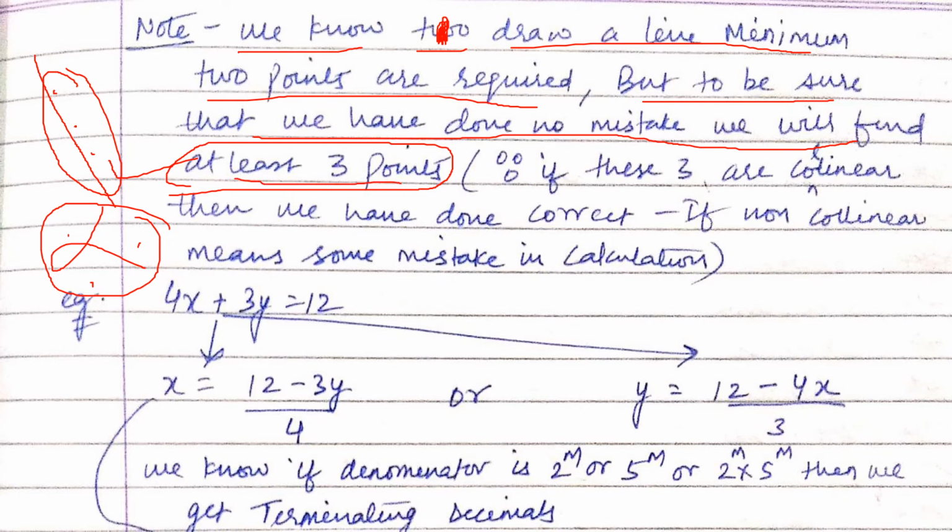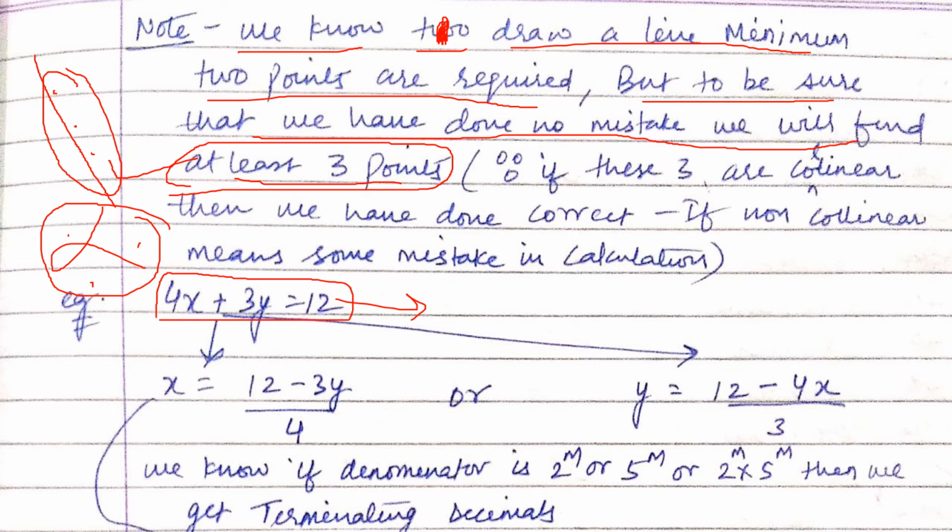Okay. Now in this question, 4x plus 3y equal to 12. It is the same as the last question that we have done. But this time I want to tell you a simple mechanism where we try to form a machine from this equation, and in that machine you put an input and you get an output. So that will be easier for you.